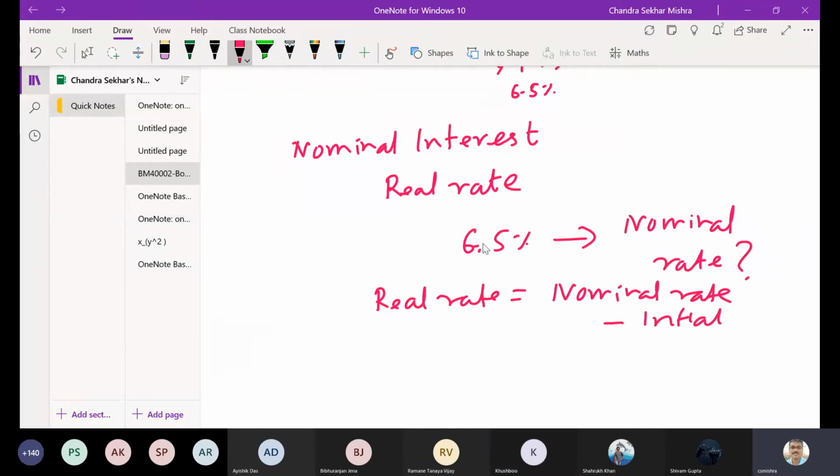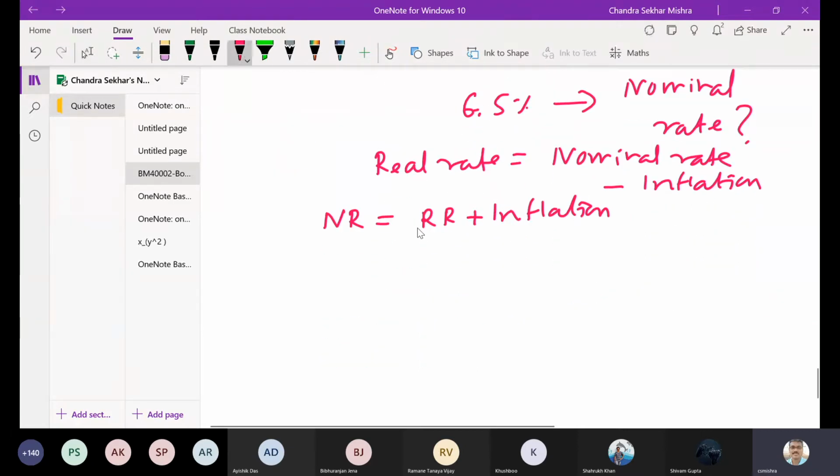Very good. Okay, that means my nominal rate in a government bond is a function of what? I can do, let's say in short form, NR is equal to RR plus inflation. Right? That is one way of doing that. Okay, but another better method is actually they do 1 plus NR equals 1 plus RR into 1 plus inflation rate. That is your minus 1.